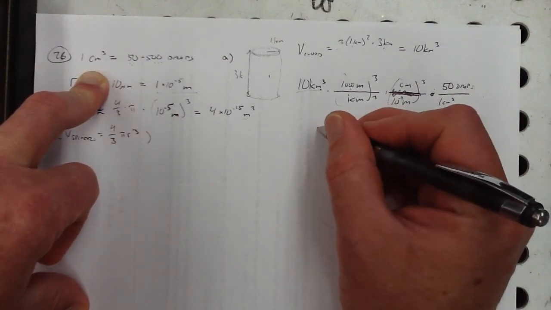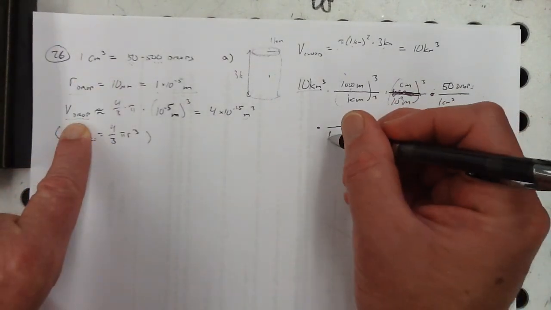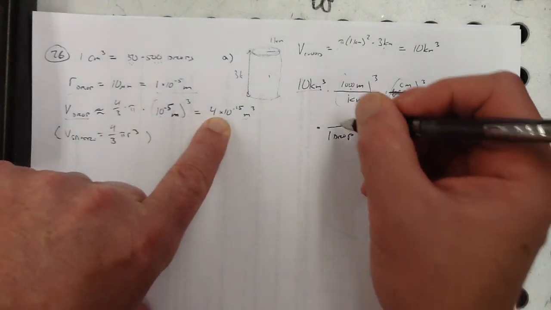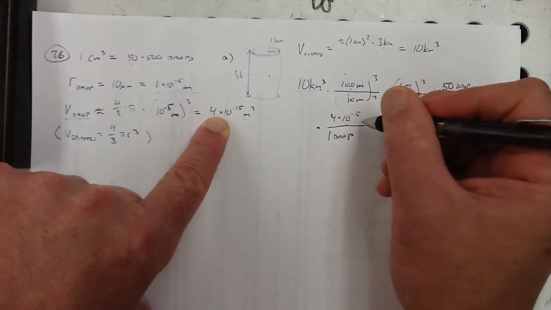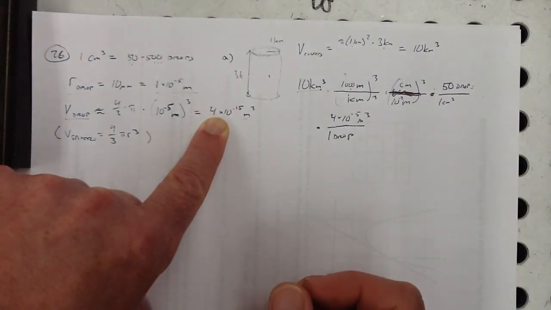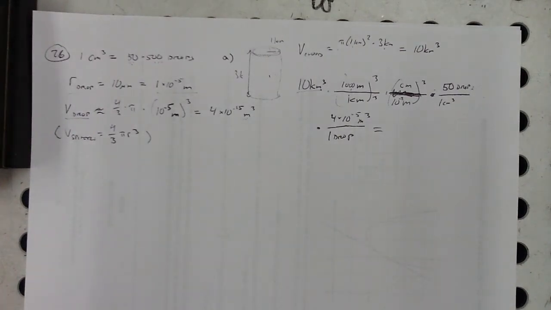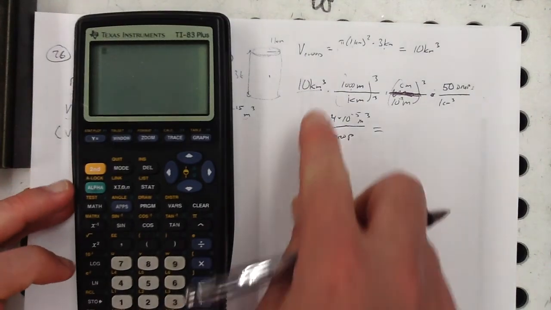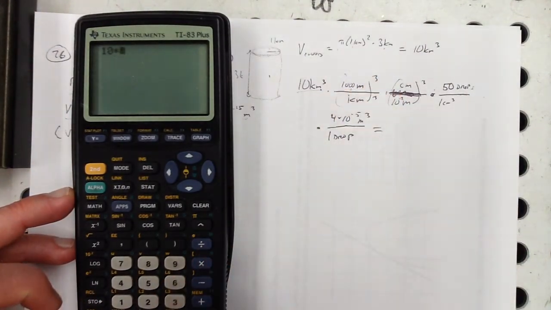and then I'm going to move my chain down here. I know that 1 drop has a volume of about 4 times 10 to the negative 15 cubic meters. And that is water. So I think I'm good there. Let me just check, make sure that my chain gives me an answer that agrees with the book. So I've got 10 times 1,000 cubed